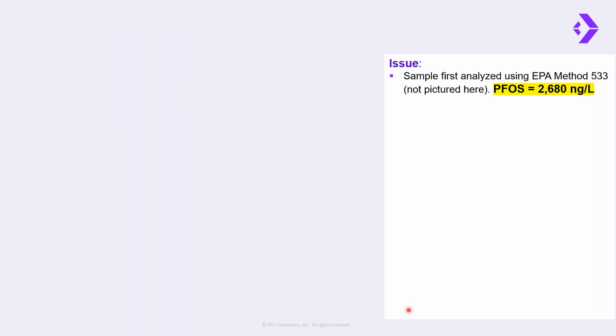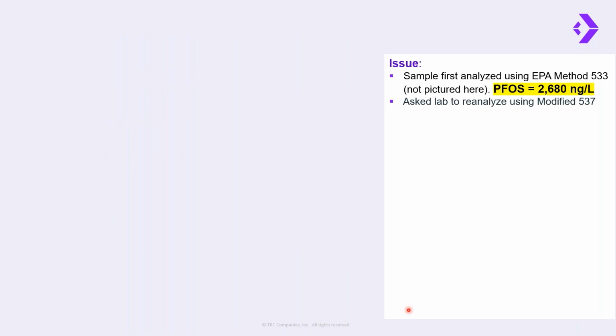Another issue with EPA method 533 is that the analysis runtime can be shorter, so the resolution between different PFAS and also potential interference may not be as good. So with this method, 533, each PFAS is identified and quantified with only that one primary ion. The chromatogram that we saw for this particular detection showed 1 peak for that primary ion of PFOS, and it quantified at almost 2,700 nanograms per liter of PFOS. And that was suspect to us and not expected for this pesticide sample.